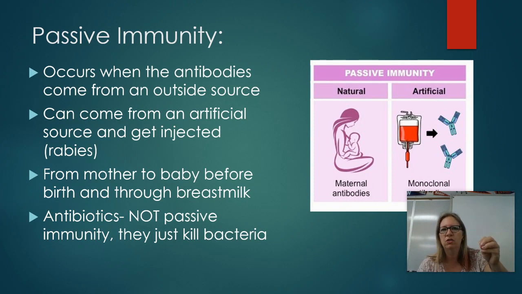Antibiotics really have nothing to do with passive immunity. I just didn't want to use a whole page to put antibiotics on there, okay? So what antibiotics are, they are a chemical, and we've talked about this back when we did chapter 8, I think. Antibiotics are just a chemical that help fight against bacteria only, not viruses. They are not antibodies, so it's not this passive immunity. It's just an additional chemical that helps fight against bacteria only.